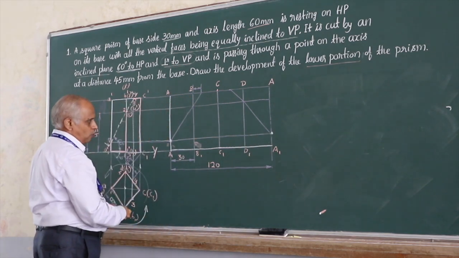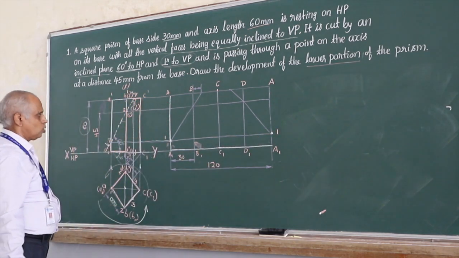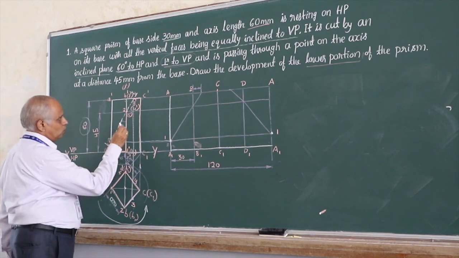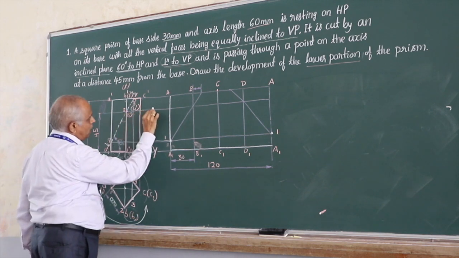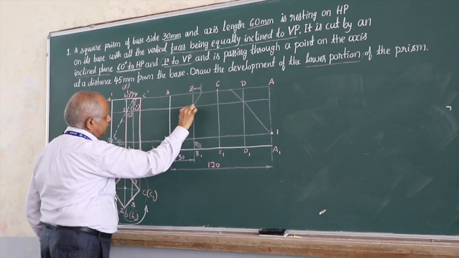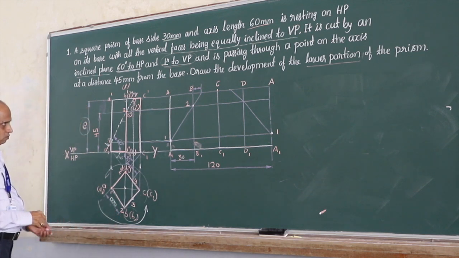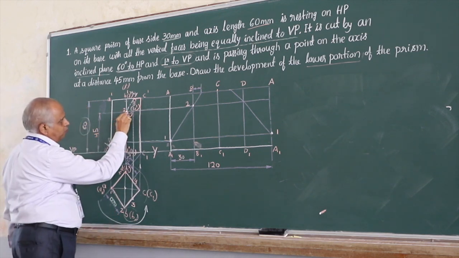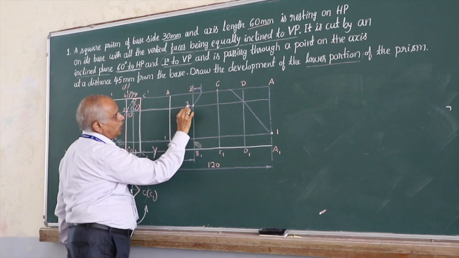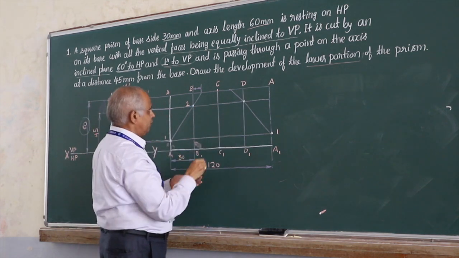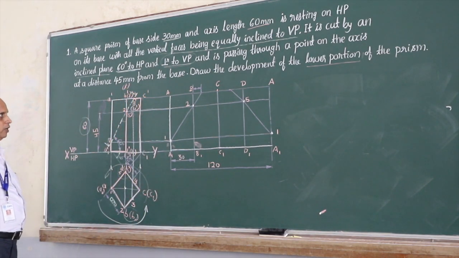Therefore, I get section point 1 on AA1 here as well as here, and folding back, 1 and 1 will coincide. Now go to section point 2, and when you project it, remember section point 2 is on BB1, the visible one. Here on the development, if you project it here, you get this section point 2 on the development. Similarly, here I have the section point 5 also, but 5 is on DD1. Therefore, project this 5 onto DD1, and you will get section point 5. So we have located 1, 2, 5 on the development.